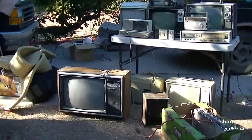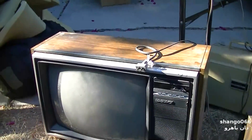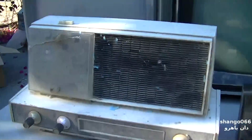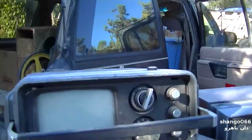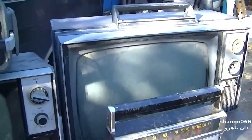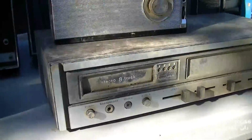Okay, this is the entire haul. Well, missing the Philco Ford 19-inch color. That needs to come out still. That thing is so dirty. So we got the 19-inch Magnavox color. Some very dirty little 70s clock radio, or 60s. The Trutron 12-inch. This portable, I don't know what it is. And is that a Sears and Roebuck? Yeah. Sears, and then over here, not sure, and an Airline AM FM, a really dirty 8-track,